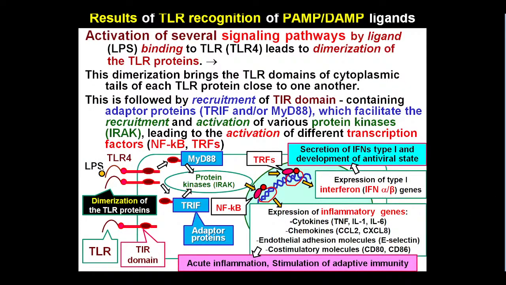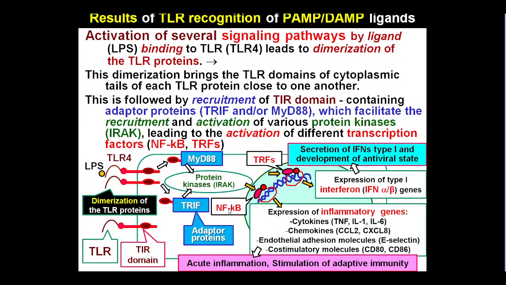Here you see a more complex scheme. You see dimerization of Toll-like receptors reacting to the same lipopolysaccharide. TIR domains are shown brown. In the cytoplasm occur so-called adapter proteins, shown here in blue, that also have TIR domains. The TIR domains of Toll-like receptor 4 interact with the TIR domain of MyD88 or TRIF, and these proteins transfer the signal to the second group of enzymes named protein kinases, for example, IRAK proteins. These protein kinases activate nuclear factor kappa B and IRFs,